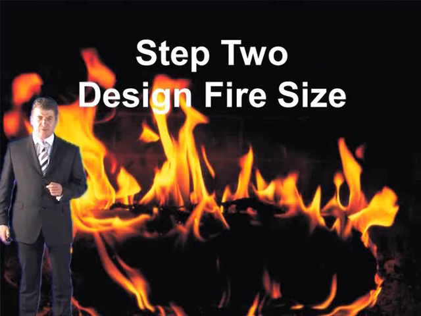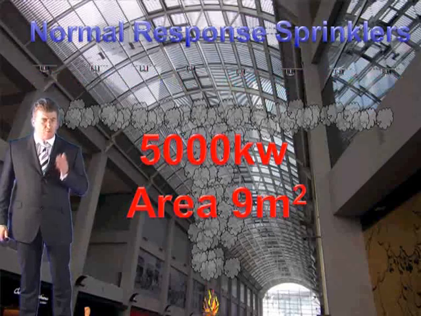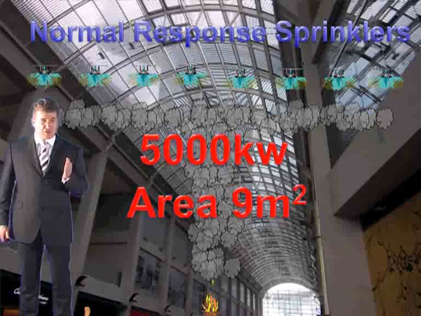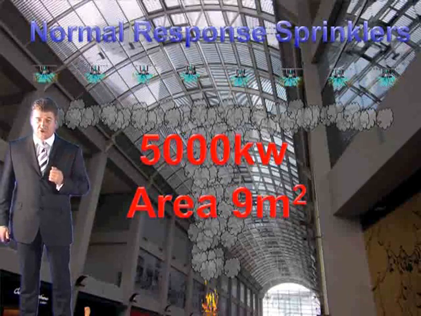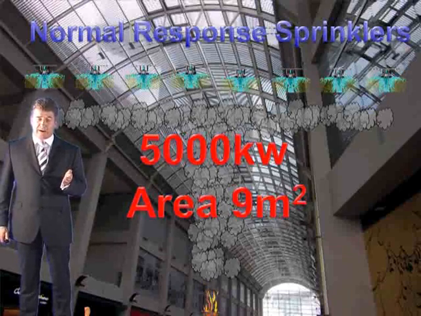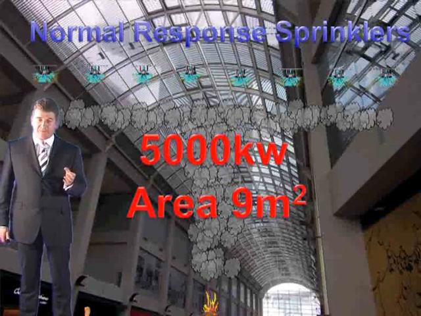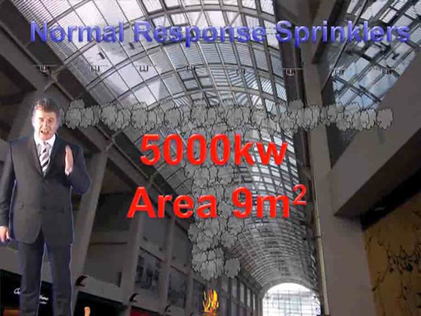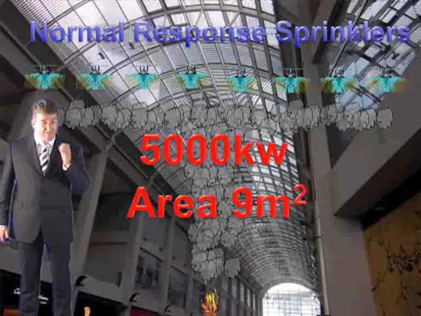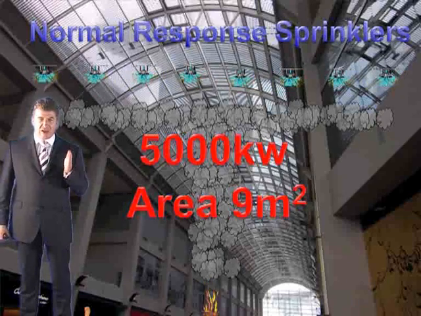Let's move on to step 2 now, determining your design fire size. Now, we're told that we're using standard response sprinkler heads in this building, so it's convention to assume that the largest size a fire can grow to is 5,000 kilowatts. Don't forget, if there'd been fast response sprinklers, then the design fire size would have been half of that, 2,500 kilowatts. It's 5,000 kilowatts. And with normal sprinklers, you would assume a physical size of the fire, 3 metres by